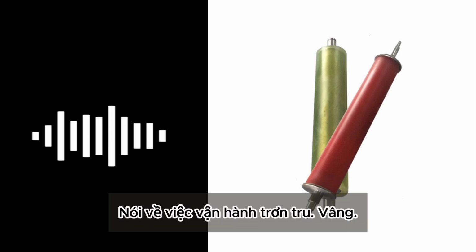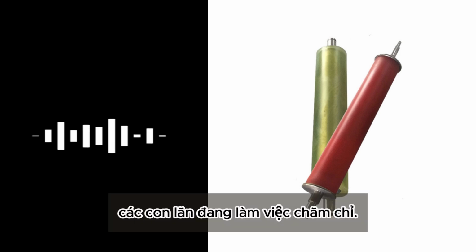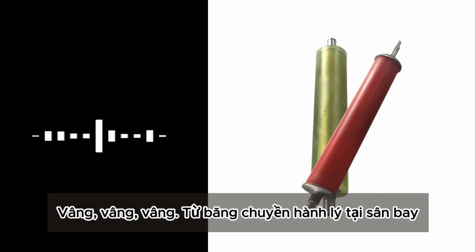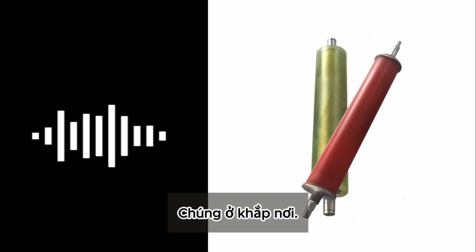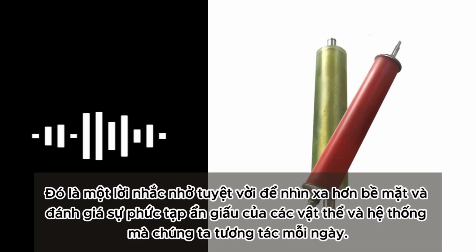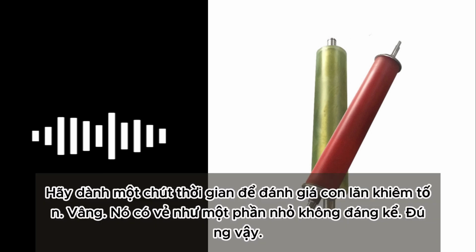Speaking of running smoothly, it's amazing to think about all the places rollers are hard at work. Oh, I know, right? Often unseen. From the luggage carousels at the airport to the massive printing presses used to create your daily newspaper. They're everywhere. Even that office chair you're probably sitting on right now relies on rollers. It's a great reminder to look beyond the surface and appreciate the hidden complexities of the objects and systems we interact with every day. So next time you're waiting for your suitcase at baggage claim, take a moment to appreciate